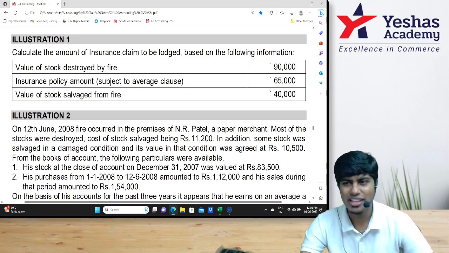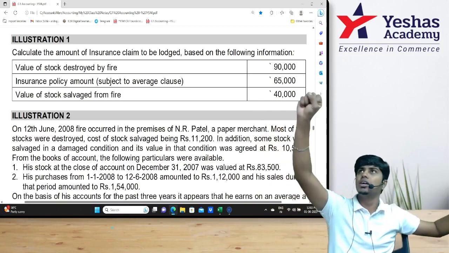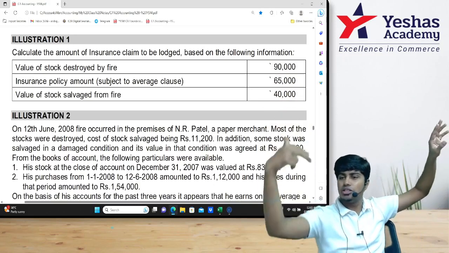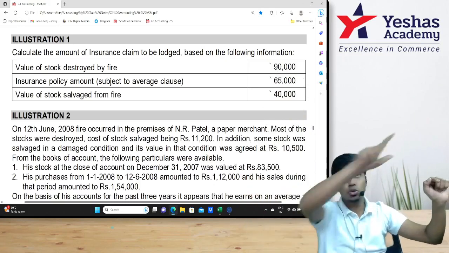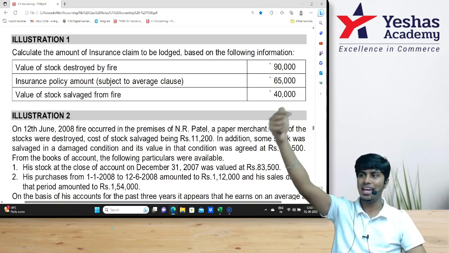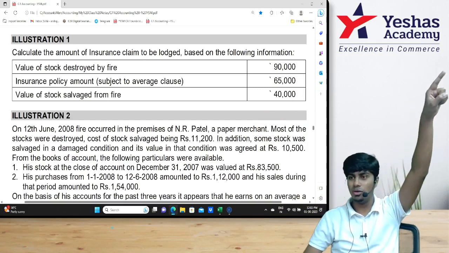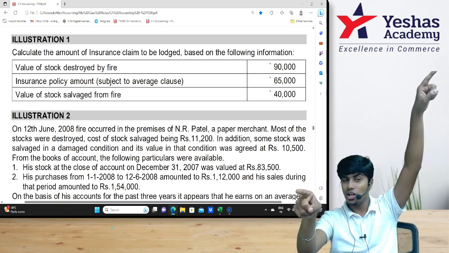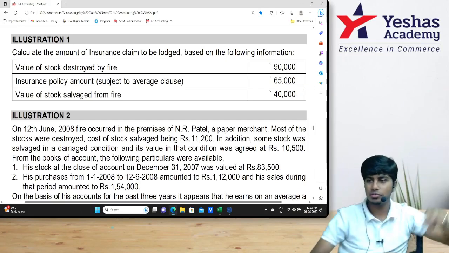That is one way. Second way is write four items in the table. First, insurable amount. Second one, policy amount. From insurable amount, less salvage, loss of stock. So policy, insurable amount, loss of stock. Policy amount, claim amount, and you'll get that. What is it here? Less. What do we get here? Here, policy amount. This is loss of stock multiplied by policy amount divided by insurable amount is claim amount.